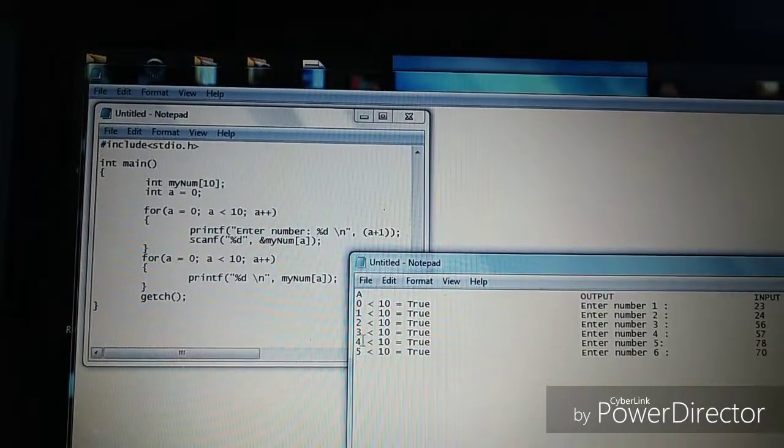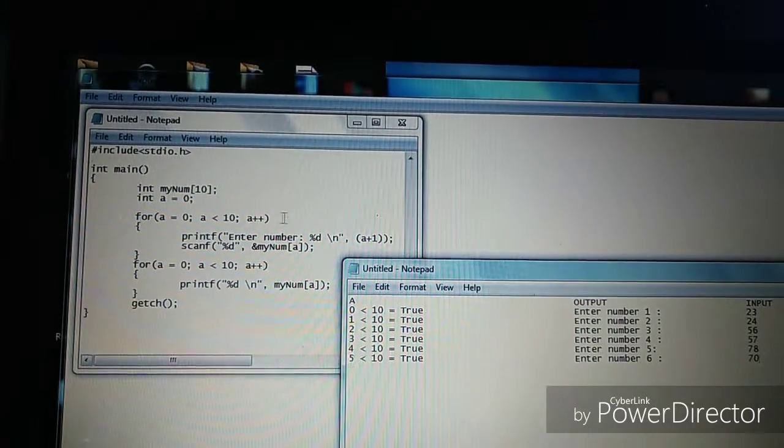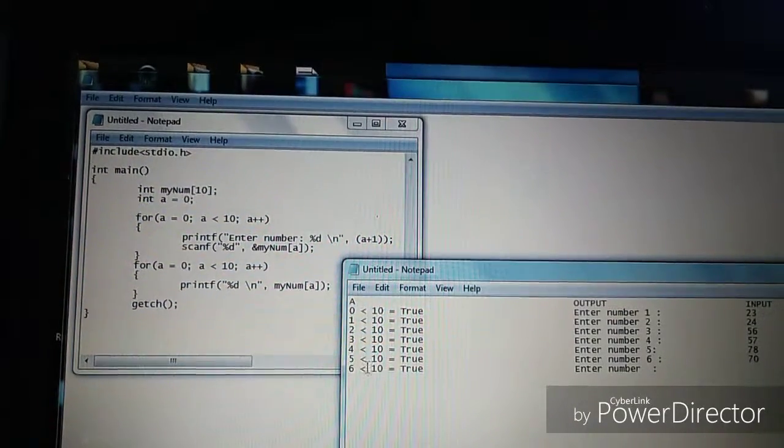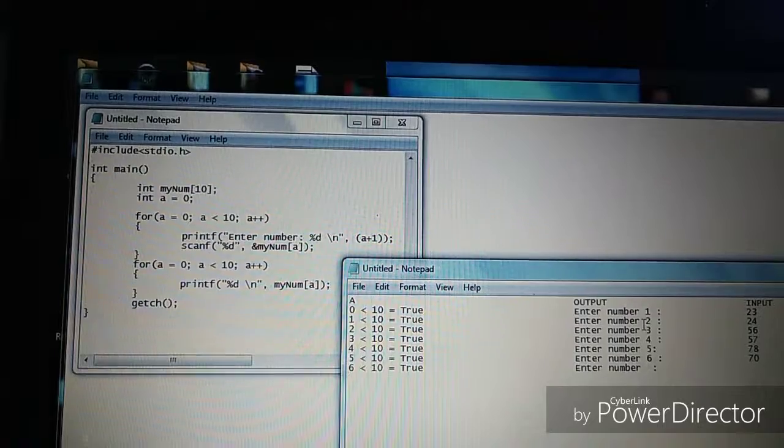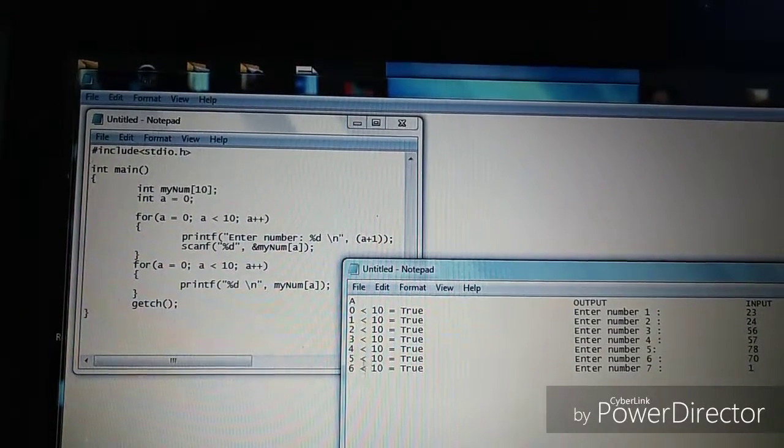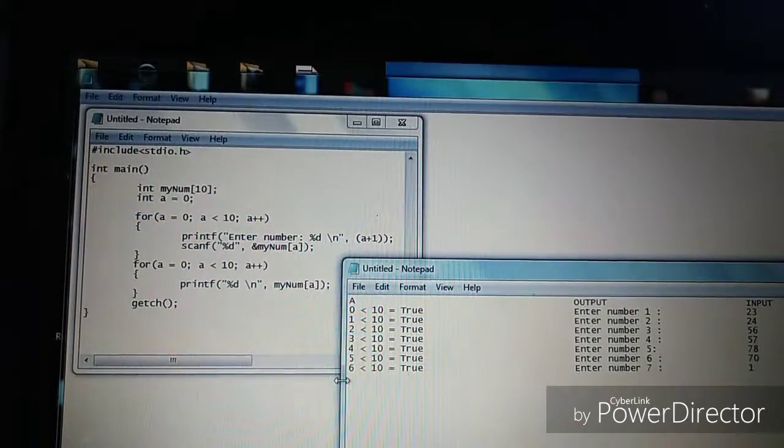So our a is equal to 5, so 5 plus 1, it will become 6. Is 6 less than 10, true, enter number, our last number is 6, so 6 plus 1 will become 7, our example 1. Our a is 6, so 6 plus 1 will become 7,